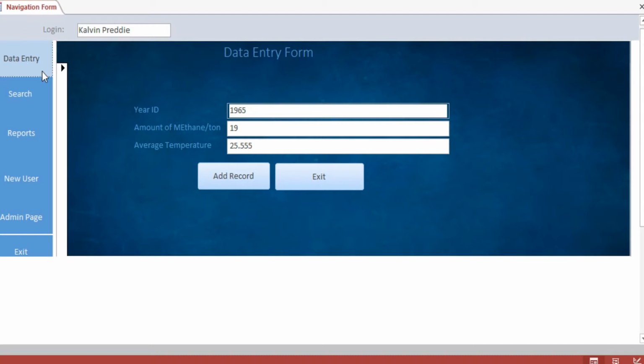Data entry is a feature that allows the user to enter data and store it in the database. The user can do this by filling out the fields and clicking Add Record, and it will be stored into the table.